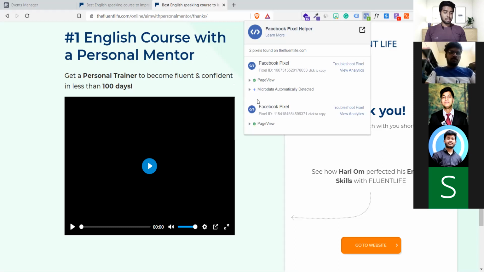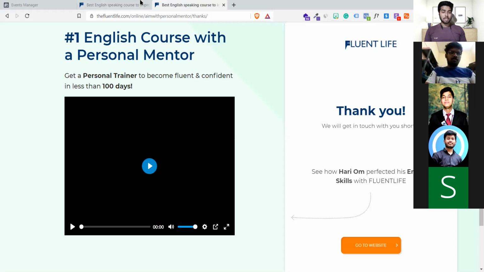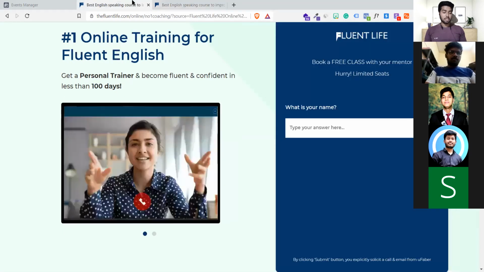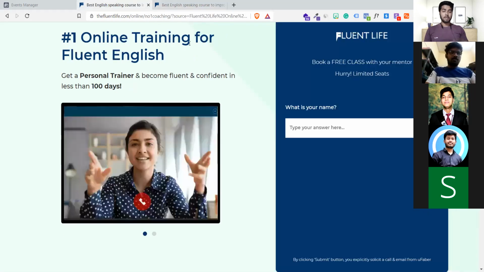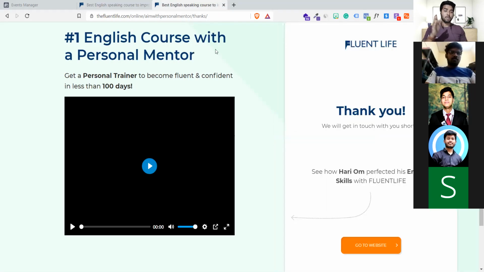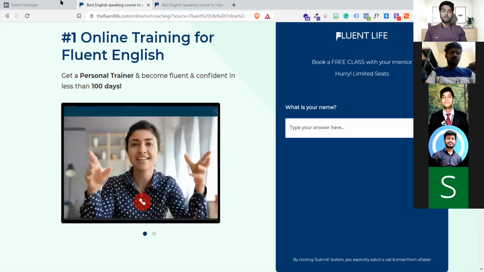it is again showing on this page as well. They are having the pixel ID. It means both the pages have the pixel ID, so the pixel can communicate across them. You're getting it? So this particular thing can trigger that other page. Suppose I'm here on the first page, and the moment I visit the other page by filling up the form, the pixel counts my submission as one. We say a custom conversion is done.